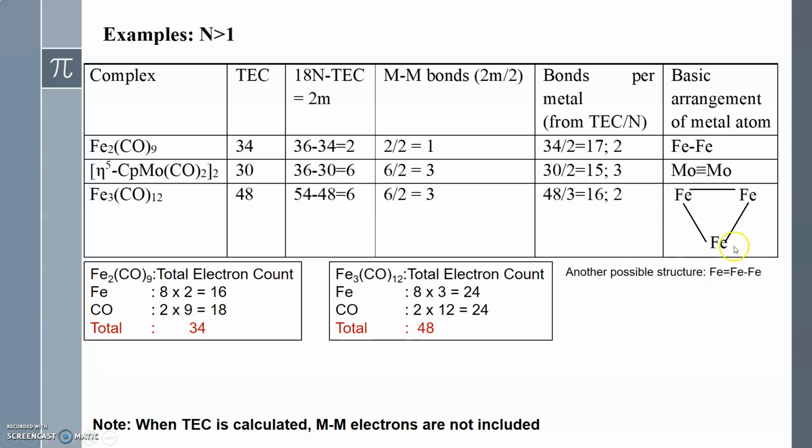So now I go for this geometry. All the iron atoms have two metal-metal bonds. So which means that apart from the 16 electrons, right, the two electrons are gained through the metal-metal bond formation. So now each iron atom is in 18 electron configuration. So it is stable, right? So now we can observe that the total electron count does not include metal-metal electrons. I hope you have observed this here, right?